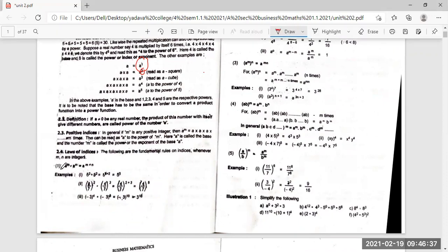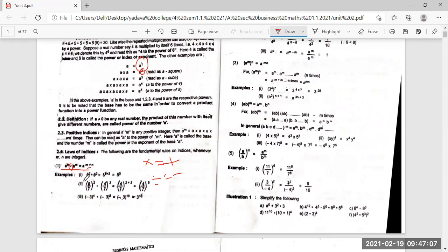So in this law of indices, the first one is a to the power of m into a to the power of n. If you are having multiplication, that is the dot, it is called multiplication. Multiplication is converted to plus. So product is plus. When we are having a division, that is minus. The same example: a to the power of m into a to the power of n is equal to a to the power of m plus n.